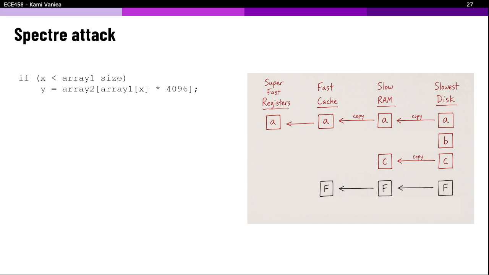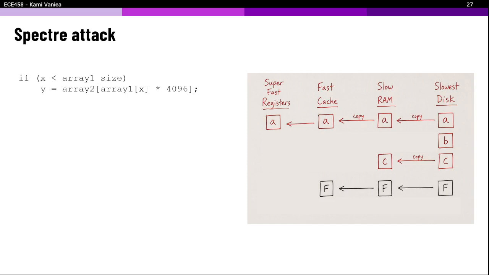This works because this causes speculative execution, because it's not in the cache. This is a timing attack, what we're about to talk about in Spectre. So this works because it's slow. If it was fast, we wouldn't need speculative execution. So if A was already loaded in the register, there would be no speculative execution. We just go. This only works because it is slow.